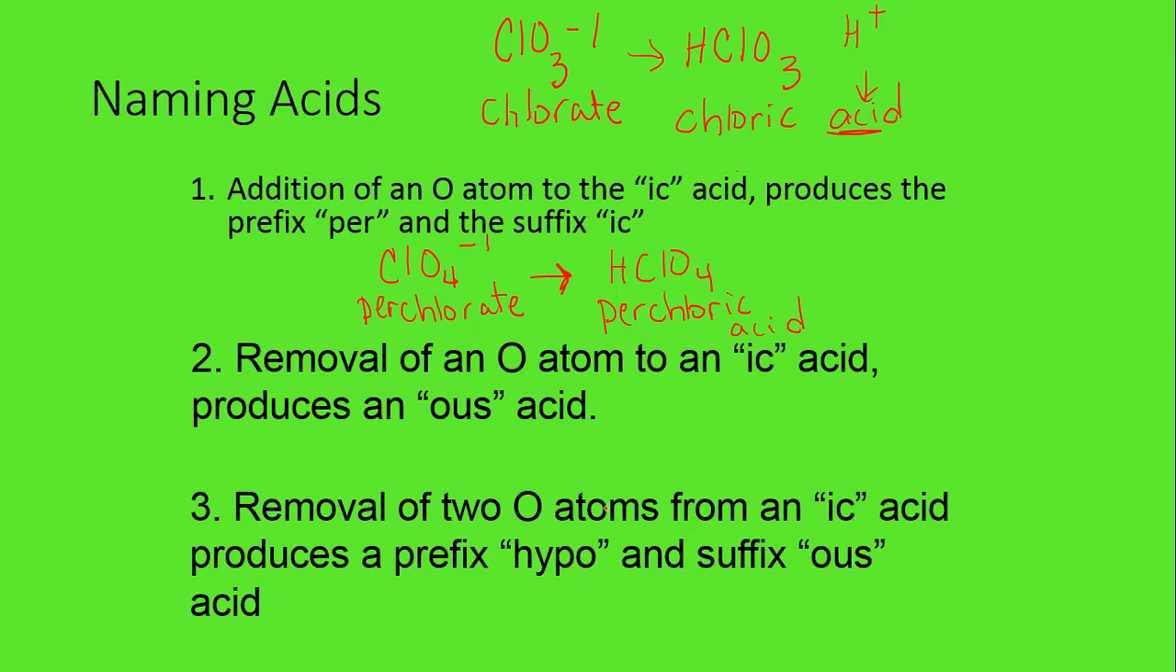But what if we were to go in the other direction? So if this is chlorate and this is perchlorate, what if we were to remove one of those oxygens and instead we had what we should hopefully know as chlorite? What would it look like now? Well, when we remove an oxygen, that -ic now becomes -ous. So if we now have chlorite as an acid, HClO2, that chlorite now becomes chlorous